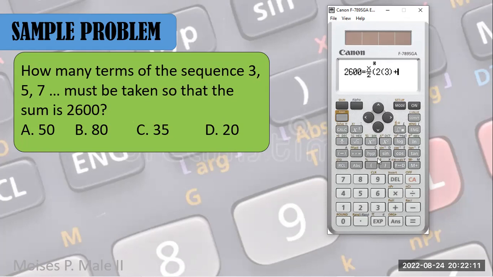Okay, plus n minus 1. So, x minus 1 times common difference d. Na 3 to 5 is 2. 5 to 7 is also 2. Okay. Then, shift solve. So, input niyo yung 2,600, you get 50. So, therefore, the correct answer is 50. Yun pong gagamitan nyo ng formula. No? Pero kung gusto niyo ng mode start, okay, so dun kayo sa